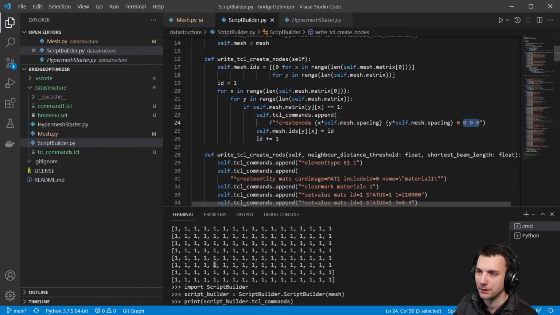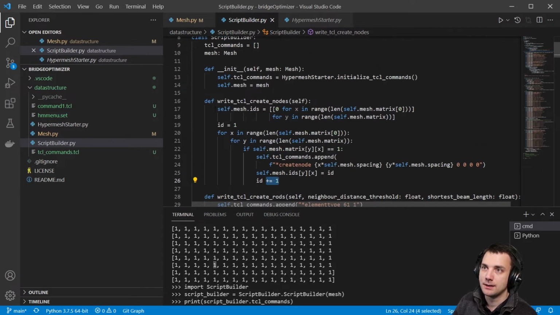I don't know really about them. It's a system ID and whatnot, but you can look that up in the help. And I also assign in the order of creation an ID counter to this particular location, but not in the matrix, but in the IDs list of lists. And then I count the ID 1 up because I created a node, so the ID is counted 1 up. And this is the create nodes, right? So doing that,